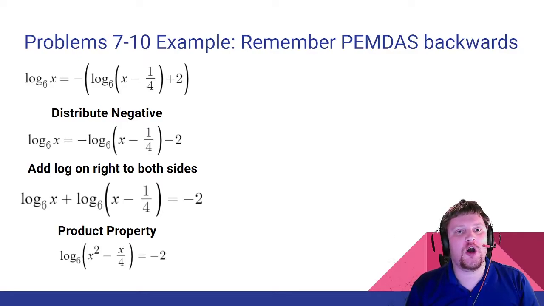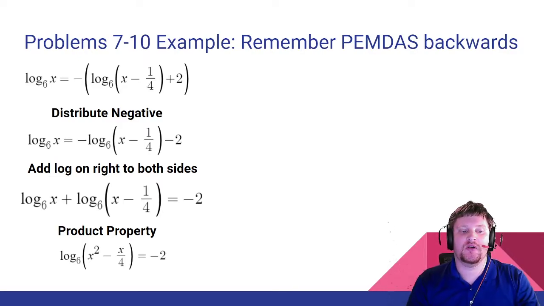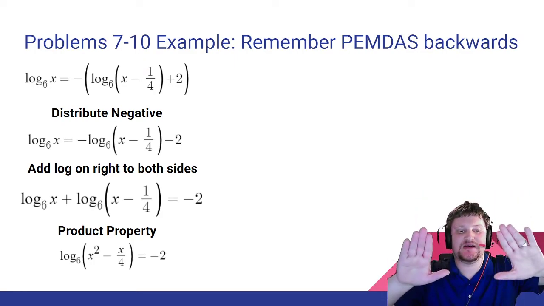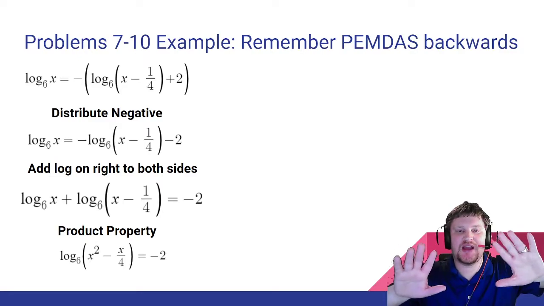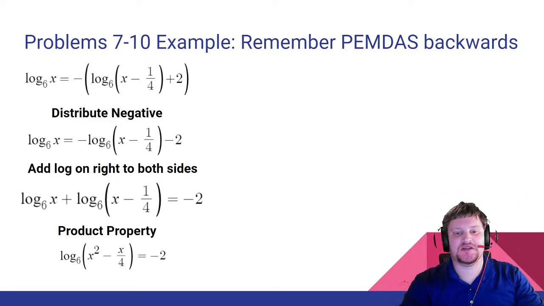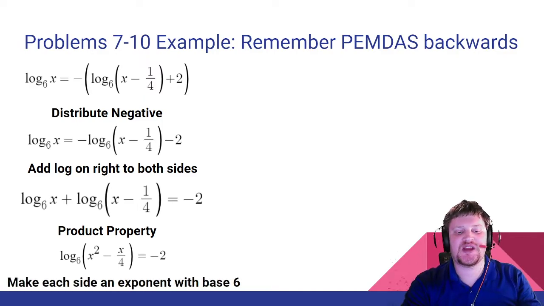But remember that a logarithm is just the inverse of an exponent. So we're actually going to use that and realize that this is the point where we can get rid of our logarithm. How are we going to do that? We're going to use another property of logarithms that we've learned. The fact that the inverse of log base 6 is 6 raised to a power. So we're going to take each side, the left and the right, and we're going to make those sides the power and 6 the base. So make each side an exponent with a base of 6. Now when we do that on the left,